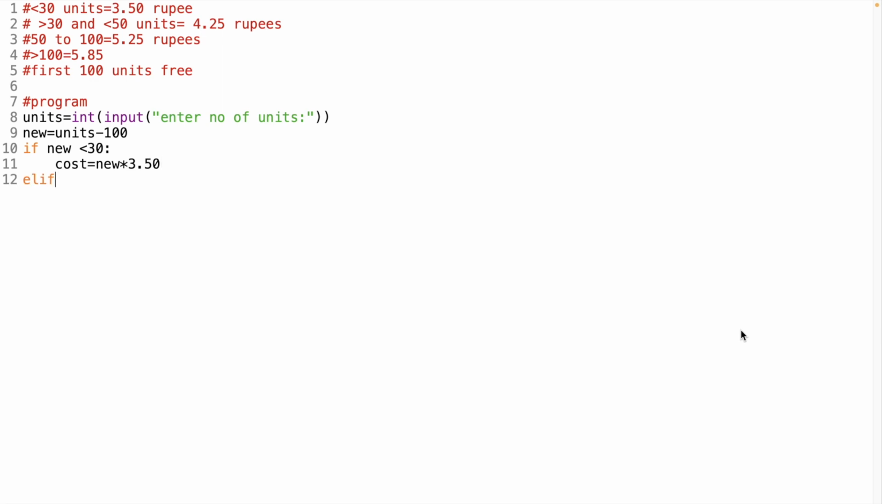If new is greater than 30 and new is less than or equal to 50, greater than or equal to 30, then cost equal to new into 4.25,